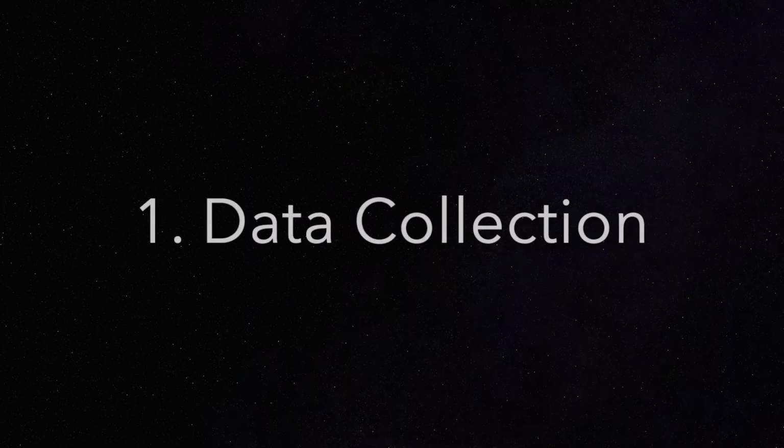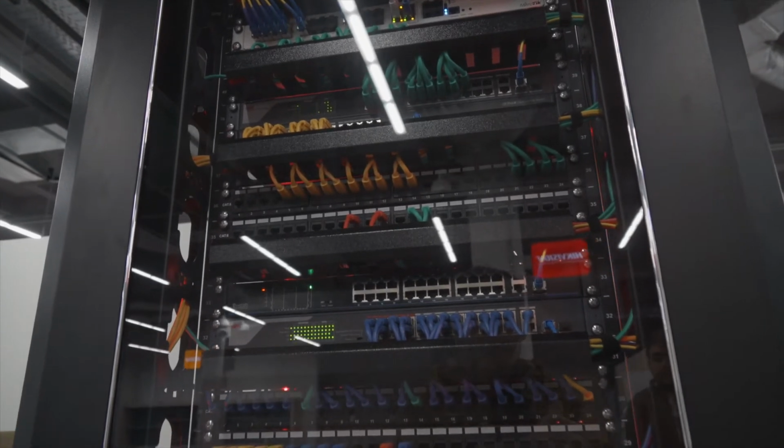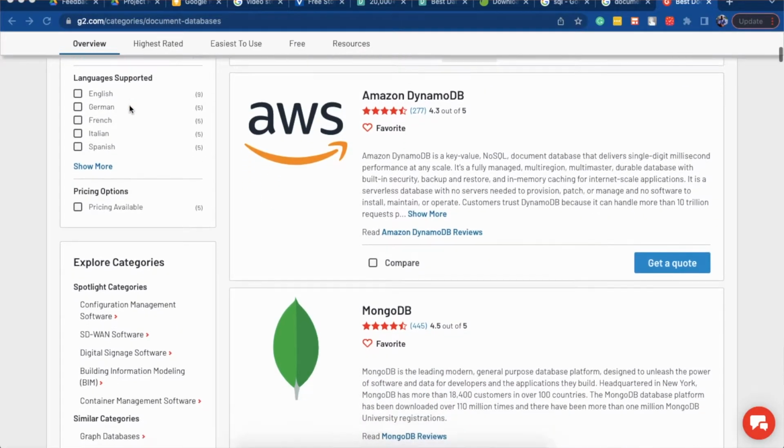The first skill that you need to acquire when it comes to learning data science is data collection. Data is normally stored in different places. It could be stored in relational database management systems, or it could be stored in systems which are not relational, such as document-oriented database management systems or even graph database management systems. So the first skill that you need to learn is data collection, and a good place to start